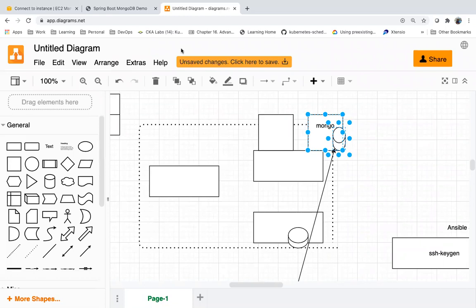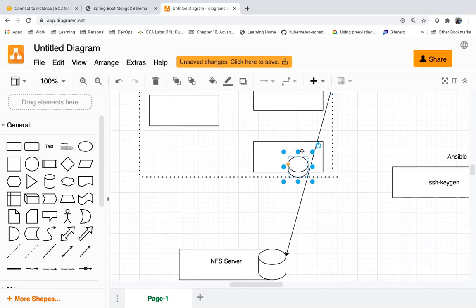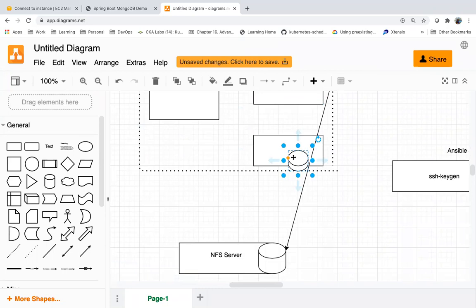Unless you have some external process which will sync the data between these servers, your Kubernetes servers, you don't see data consistency if I use hostPath volume. You can use some storage which is outside of your host. Like, if you are using on-premise, you can go for an NFS.